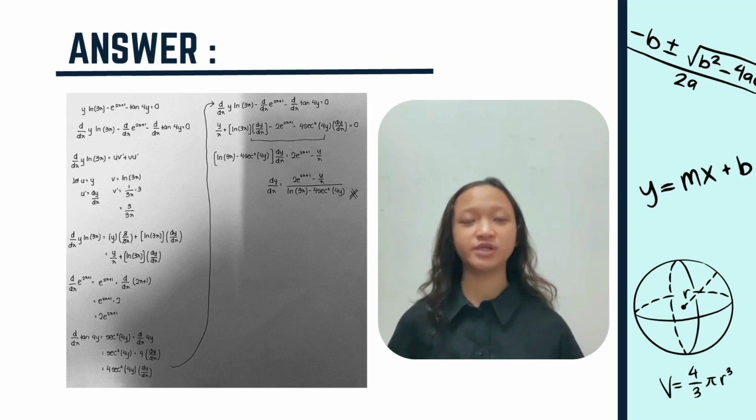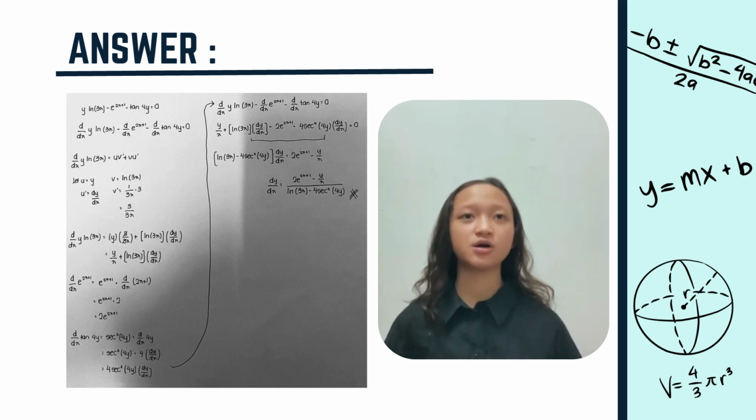So how we get dy over dx is from differentiating y, and the answer that we get is 4 secant square in the bracket of 4y and in the bracket of dy over dx. Next, we substitute all the answers back into the equation, which is d over dx y ln in the bracket of 3x minus d over dx e to the power of 2x plus 1 minus d over dx tan